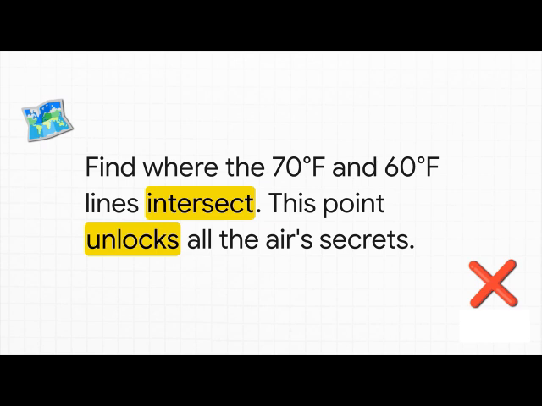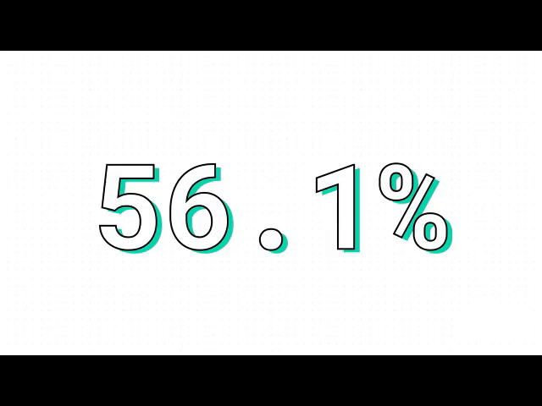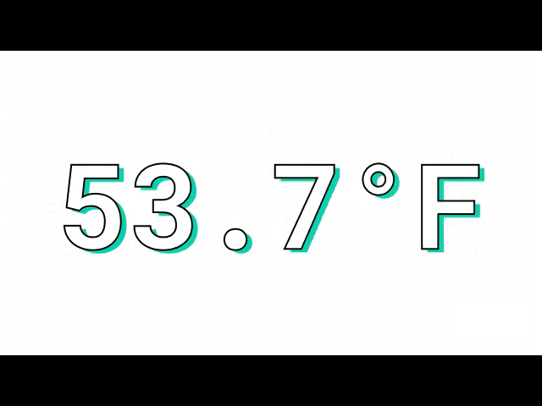And from this one intersection, we can now pull out all the rest of the air's hidden data. First up, we look at which curved line our little X is on. We trace it over, and bam! A relative humidity of 56.1%. Just like that, we know exactly how full our invisible bottle of air is. And now, from that exact same spot, we just read straight across horizontally to the edge of the chart. And that gives us the dew point, 53.7 degrees Fahrenheit. This is the precise temperature the air needs to cool down to before water starts to condense out of it,